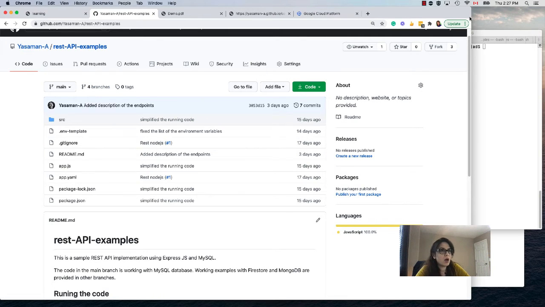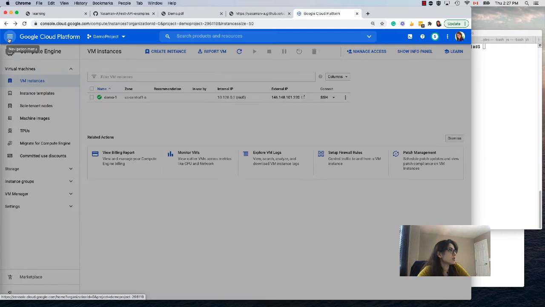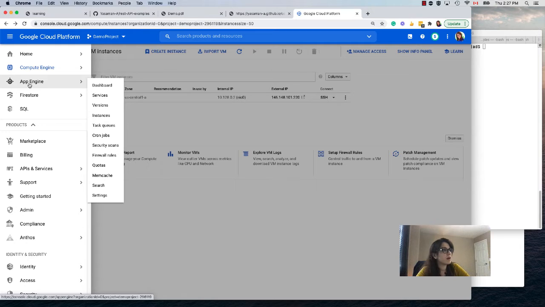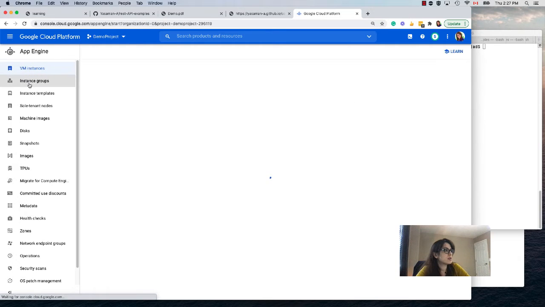So let's get started. I'm going to go to Google Cloud and Google App Engine. I'm going to select, let's see, do I have App Engine in the list, pinned in the list? Yeah, I've pinned it here, so I'll find it here. For you, it might be down in the list that you want to find. After I select